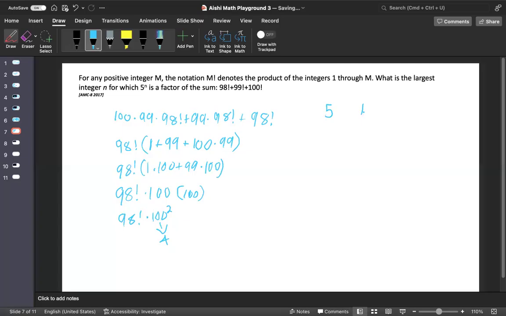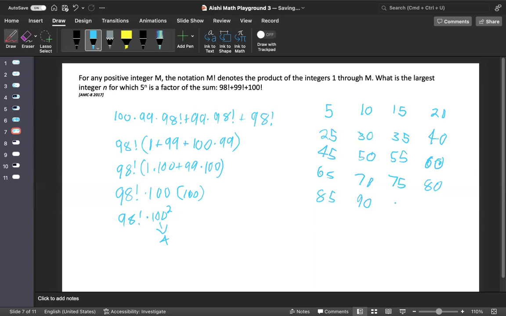So we have 5, 10, 15, 20, 25, 30, 35, 40, 45, 50, 55, 60, 65, 70, 75, 80, 85, 90, last but not least,